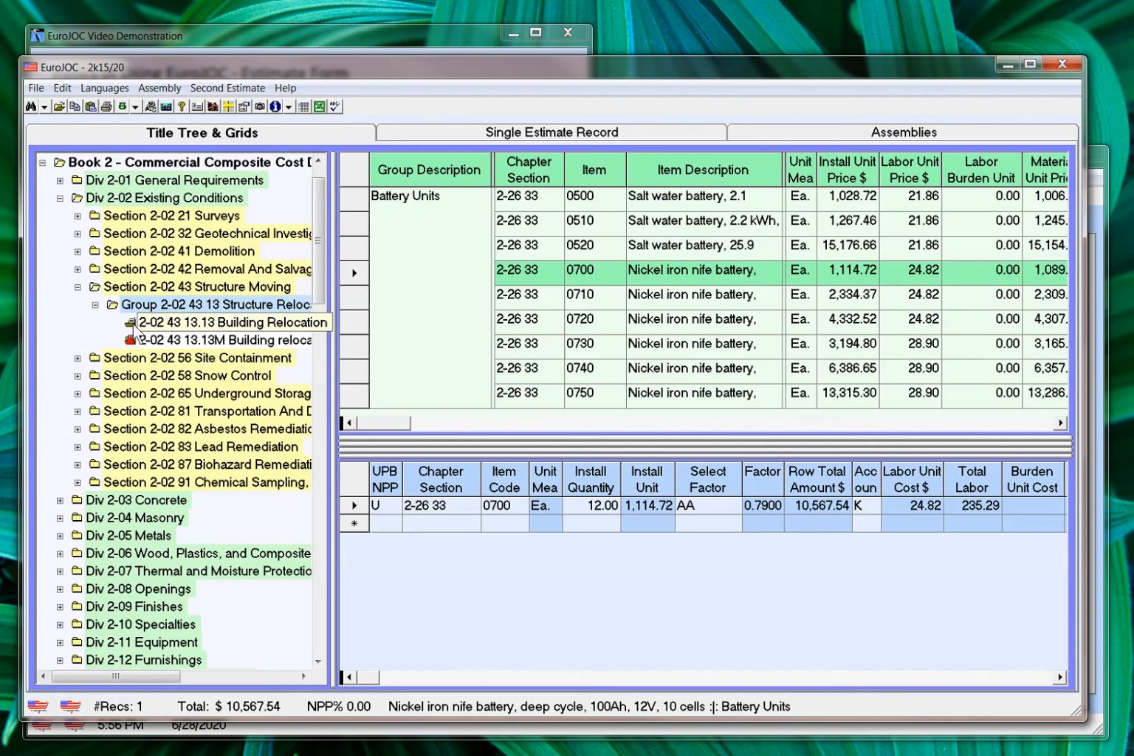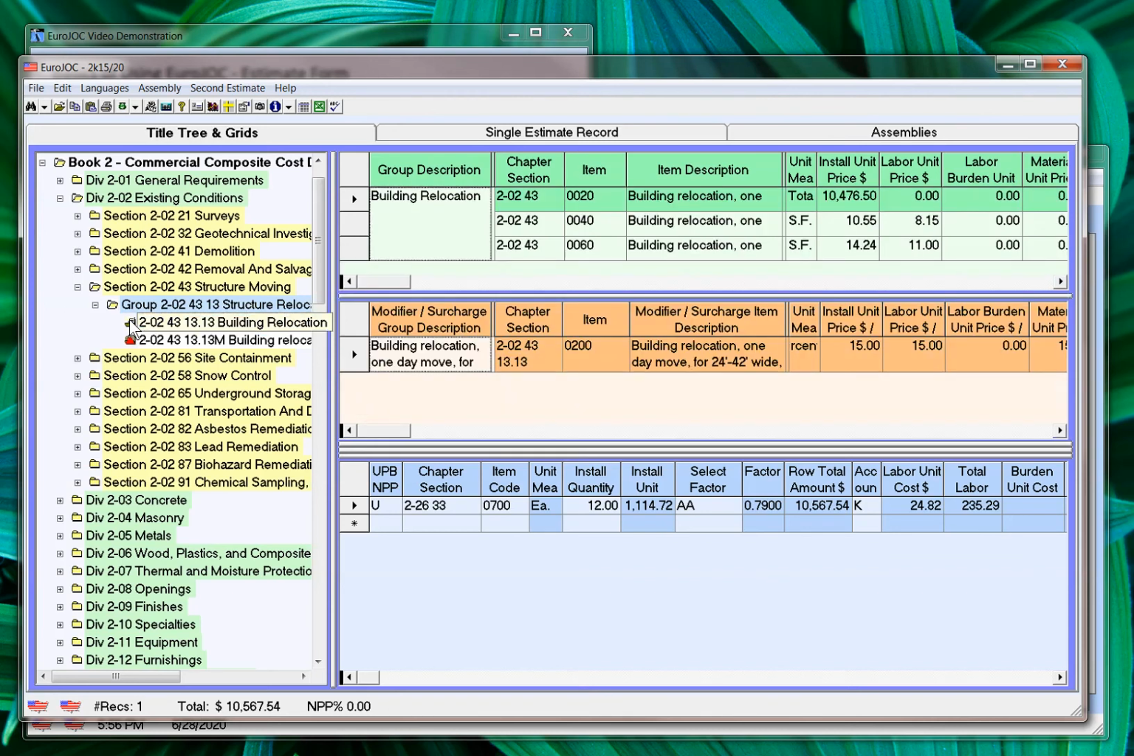Now I have the white page inside a folder if you look at that node carefully. If I click on this node, what it's going to do is display the items that are associated with that node in the green grid. But it also has some items that are related to it. So for building relocation,